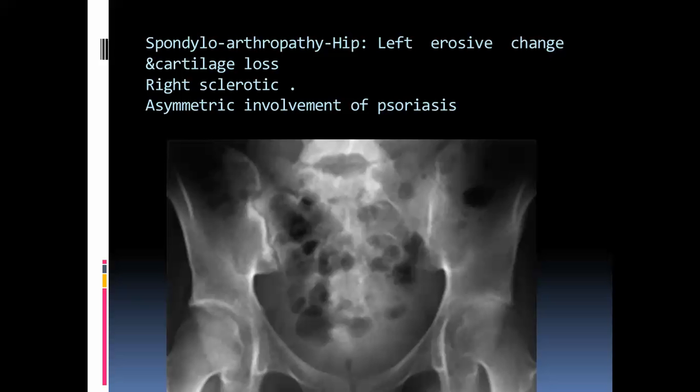Spondyloarthropathy, we have here left erosive changes. Still there is only one margin is seen, and the right side is sclerotic, and this denotes that there is asymmetry of involvement. Asymmetric involvement occurs in psoriasis usually,